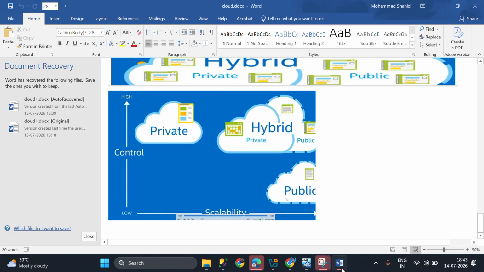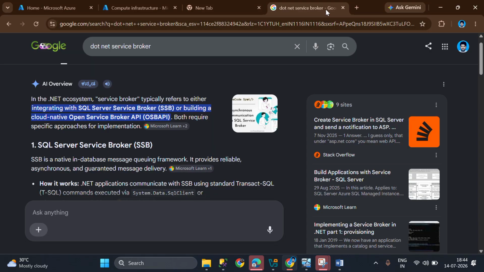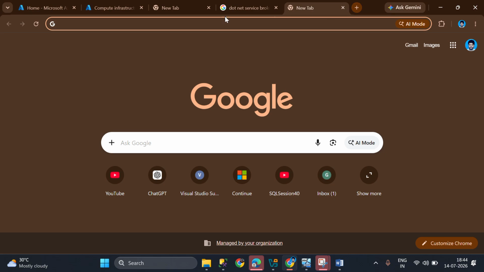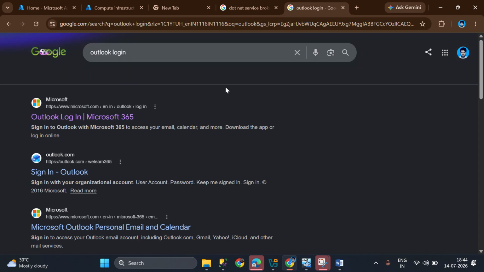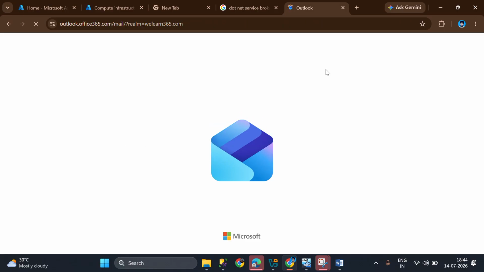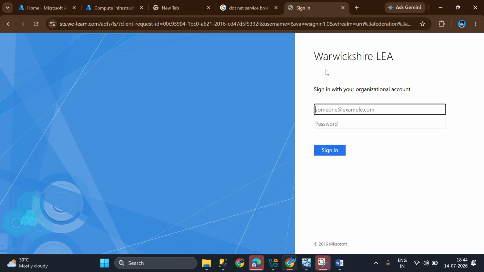And one more thing, guys. Today we'll be discussing this Azure account. Whenever we want to log into the Azure portal, we must have an Outlook email ID. If you go here, you can search for Outlook login. In every office we use Outlook; an Outlook account is mandatory. You have the sign in options, and there you have to create one Outlook account. Without an Outlook account you can't have the Azure portal.